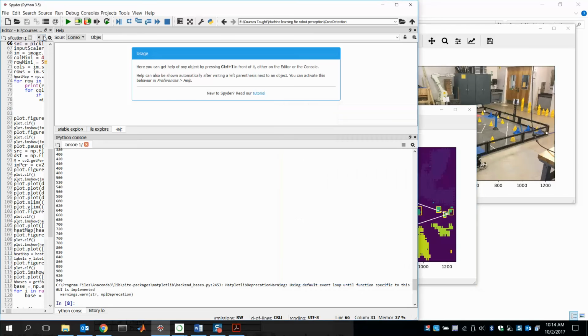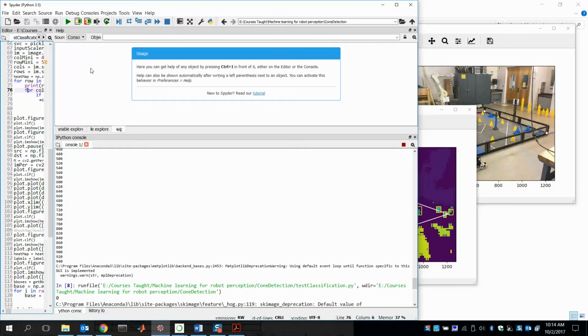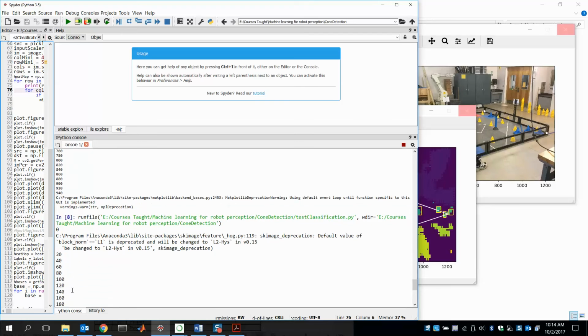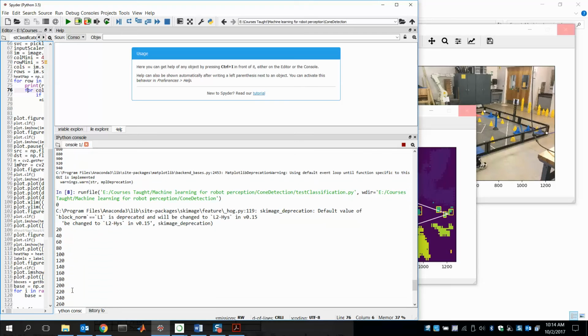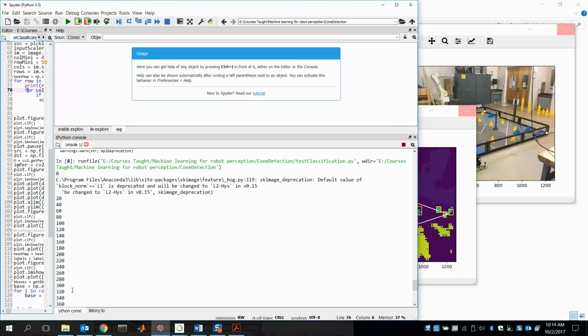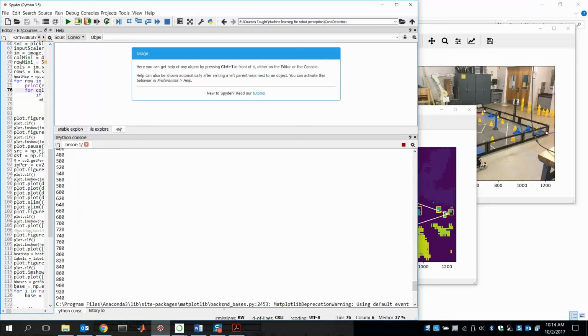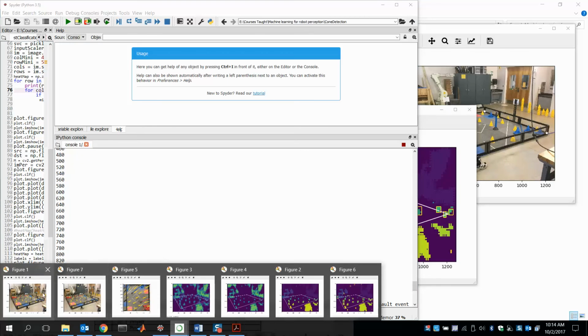I'm hiding the code in here so you can't see everything, but let me run this one. Here it's doing the sliding window search, and I have it print out every time it goes through a row. I think there are 900 rows or so in this image. Once it gets up to 900 something, it'll be done and go back over to write the images. This is what I'm talking about, that this process has to take no more than a minute on my machine. All right, so it's done,